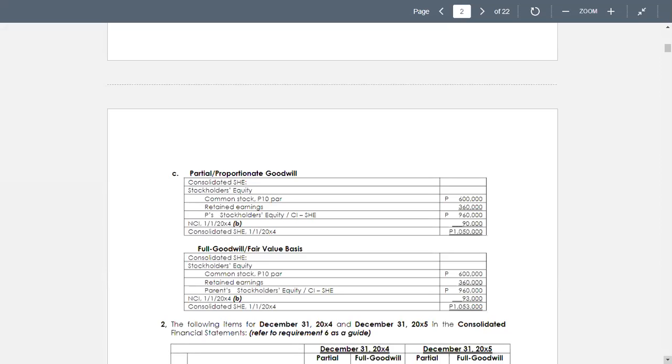Now, for the next requirement, which will require a very, very long solution because of the breakdowns. Here, I am going to ask you to determine some amounts. Though the amount is given, the final amount, I will just ask you to determine how the amounts were taken, or you have to prepare a summary or breakdown of how the amounts were taken. So the second requirement, determine the following